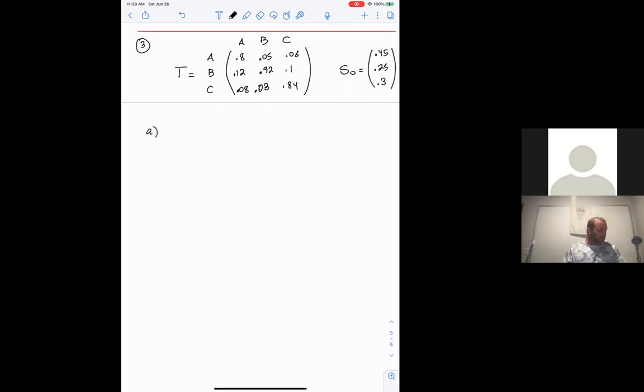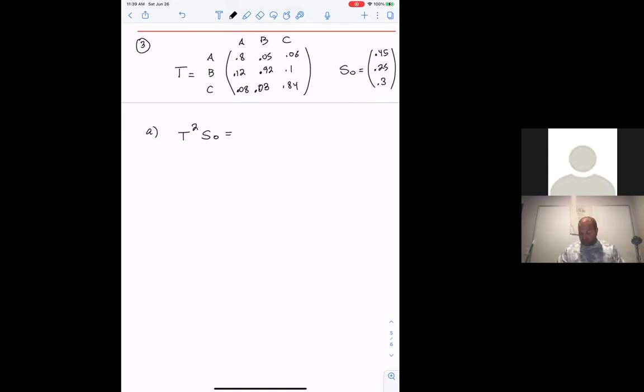Part A: find the percentage of the customers provided by each electricity provider after 2 years. Well, 2 years means 2 transitions. So we want to take the initial probability state vector